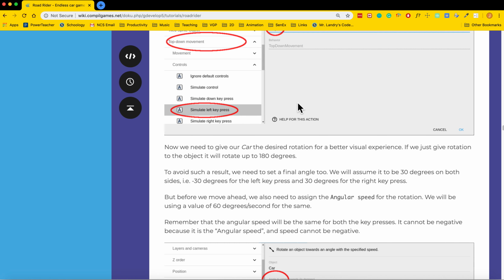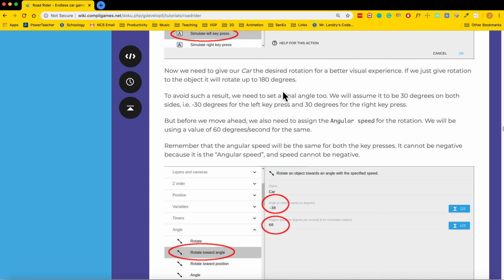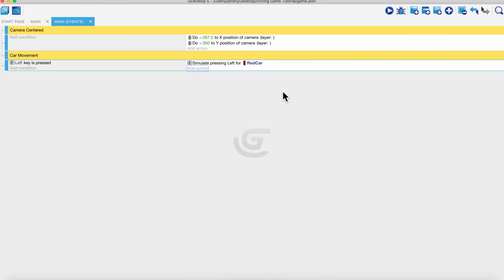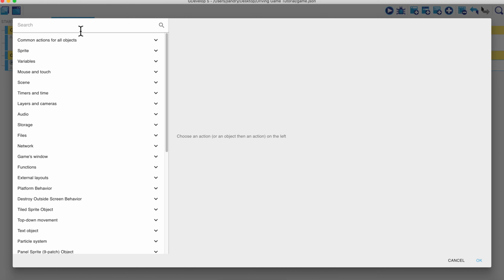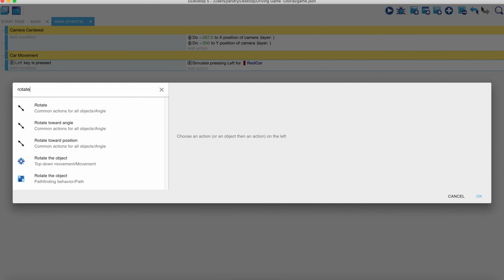Yeah, so that's going to be a second action. They don't really say that there, but you kind of have to know that. Okay, so when the left key is pressed, it's going to simulate left, and then we're going to add an action, and we're going to go ahead and search the word rotate, and